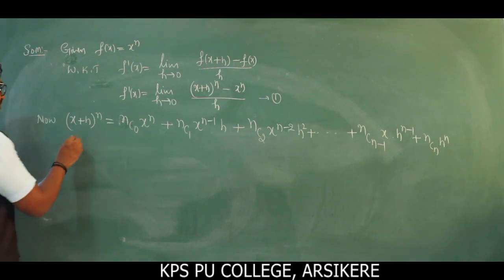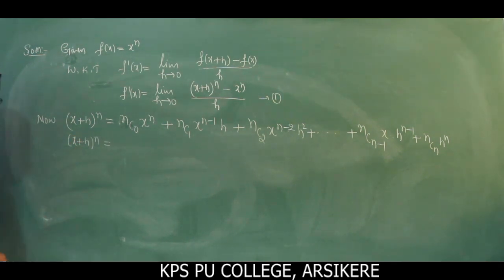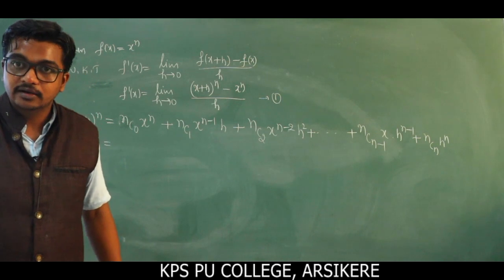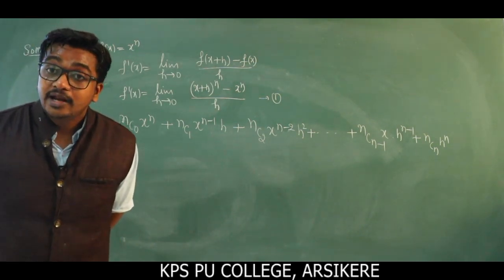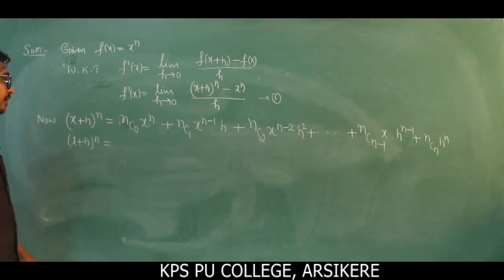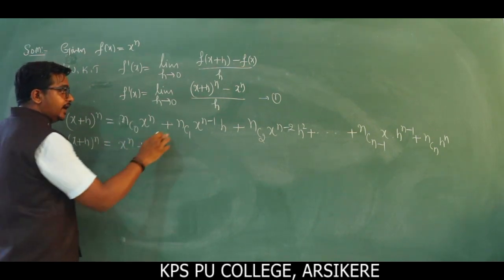Okay. Next expansion, this is (x plus h) whole power n, equal to the binomial expansion. Just remember the permutation and combination. Combination we have discussed, nCn, nCr. nCr is equal to n factorial divided by (n minus r) factorial into r factorial. Remember? nC0 value is 1, so this can be written as x power n plus